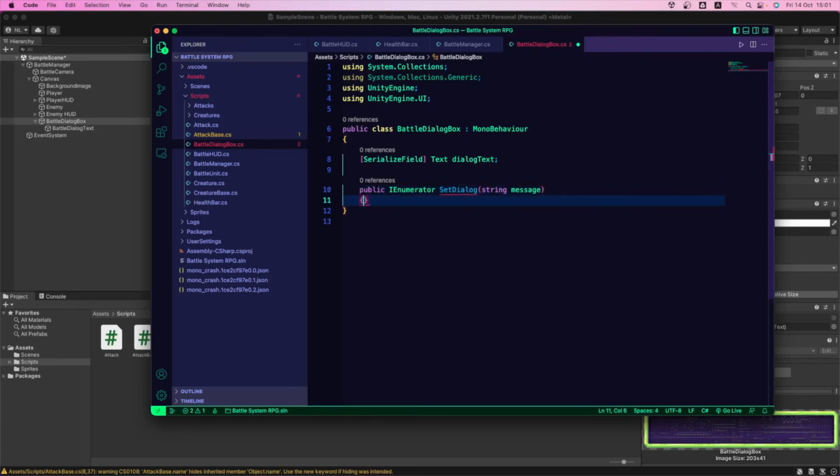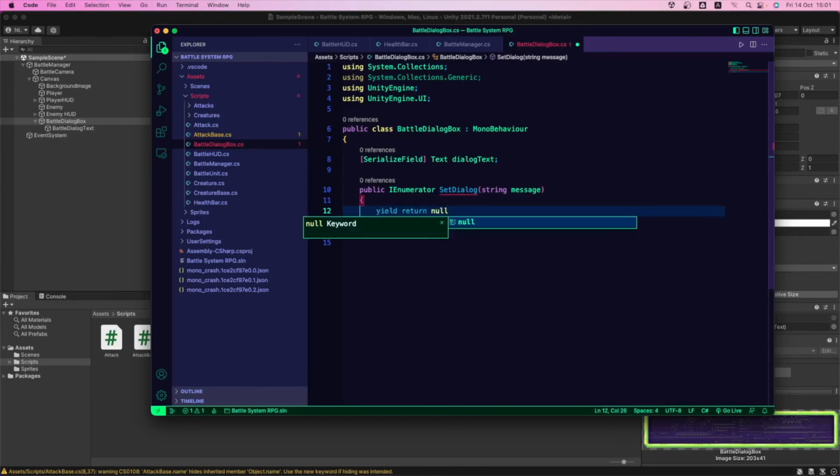Okay, great. So there it is, and as you can see, we're getting an error because this isn't a normal method, a normal function. This is a coroutine, and coroutines need yields at the end. They need to yield return null if they don't return anything, or yield return time if we want to wait for some time to pass. So for now, this one is gonna be set to yield return null. Just that for now. Okay, we're gonna change that later. So you see, the error went away. So we're gonna start here.